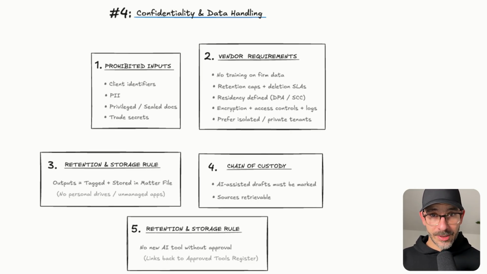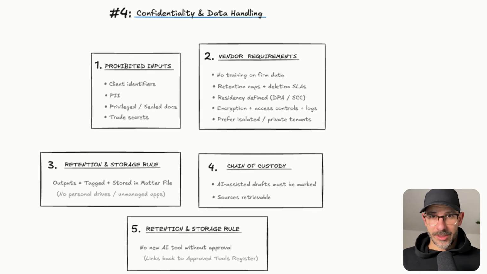Let's talk about encryption. The data should be encrypted in transit and at rest. And look into the algorithms that they're using for encryption. Just because they use a buzzword, that still doesn't mean that they're using the encryption algorithm that adheres to your professional standards. They must have role-based access controls, and they should have audit logs available on request. Prefer enterprise tenants or private AI with isolation over public endpoint. And define liability ownership in case of a data breach.